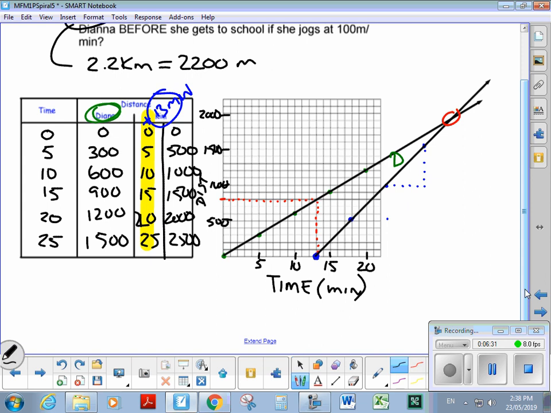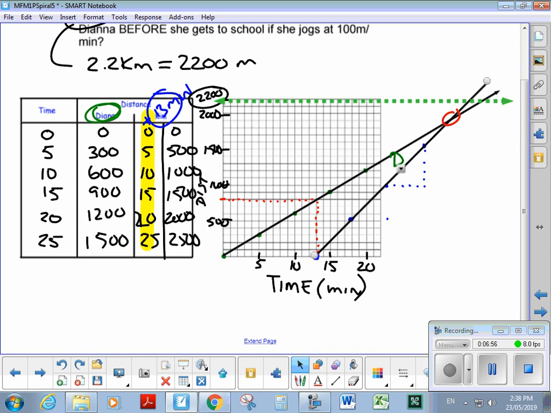Again, I'm sorry about this. Oh, it works out all right, sort of. Here's 2,200 right here. So we look across at 2,200. And if I extend those graphs out,